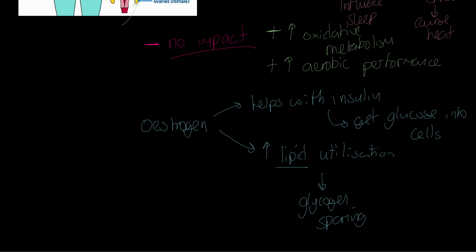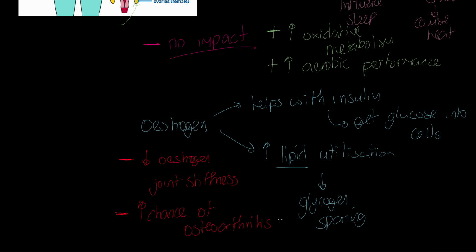Now, a couple of negatives. So a couple of negatives, however, here we go. So we're saying that if we've got low estrogen, so if levels are low, think about, for example, menopause in women. We'll come back to menopause in men in a second, but when we think about menopause in women, for example, this can lead to joint stiffness. Joint stiffness can be an issue with absence, but this can also lead to another negative. Of course, the positives the other way around. This can lead to a greater chance of osteoarthritis. And this is not uncommon to occur in females experiencing menopause, for example.